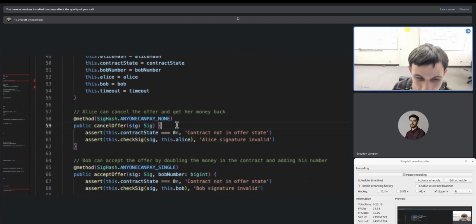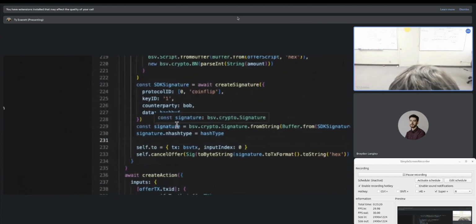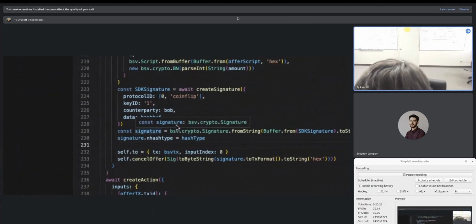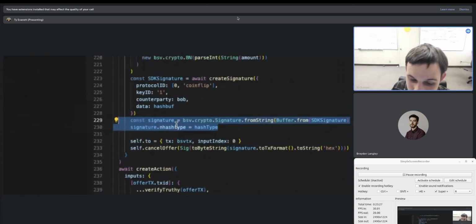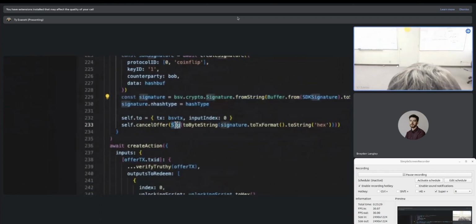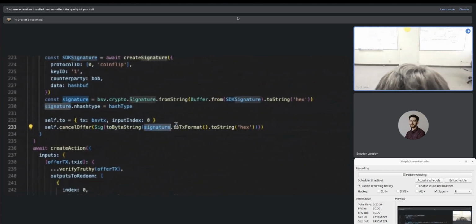And Bob wouldn't know what the number is, or he would. Oh yeah, because he would just check the hash like we said. Okay, that makes sense. So Bob could cheat, right? If Alice just hashed the number, because Alice would be revealing her hand